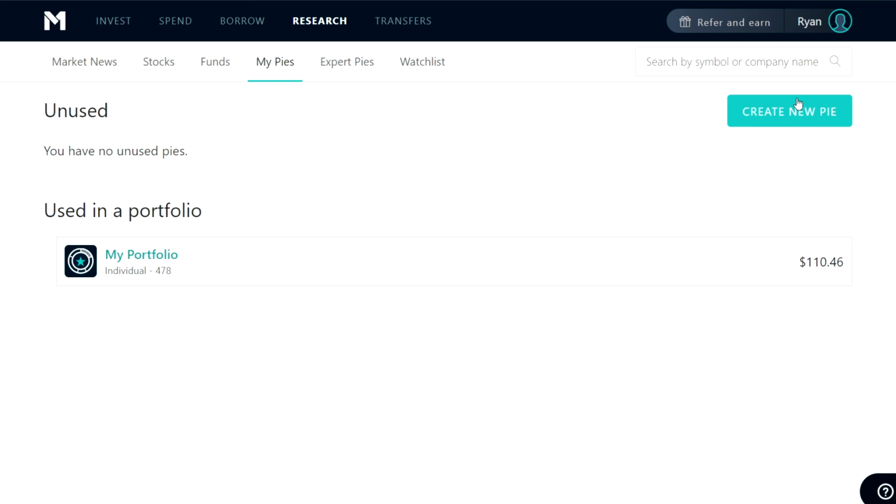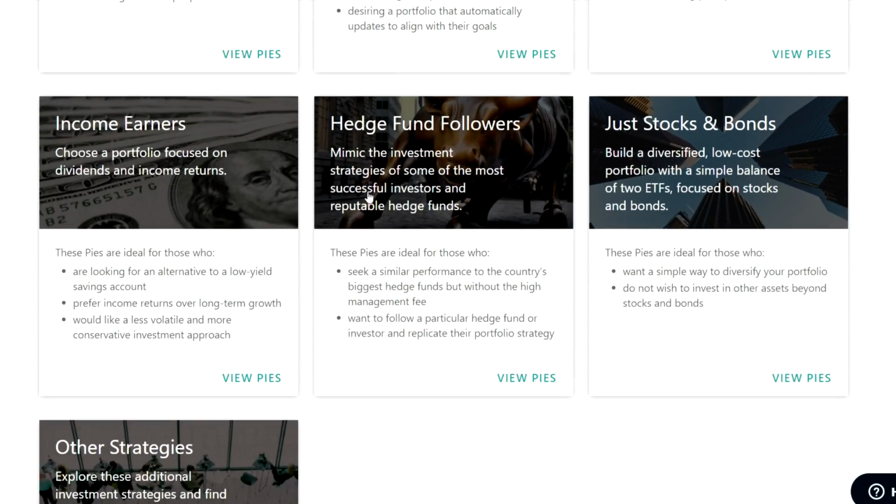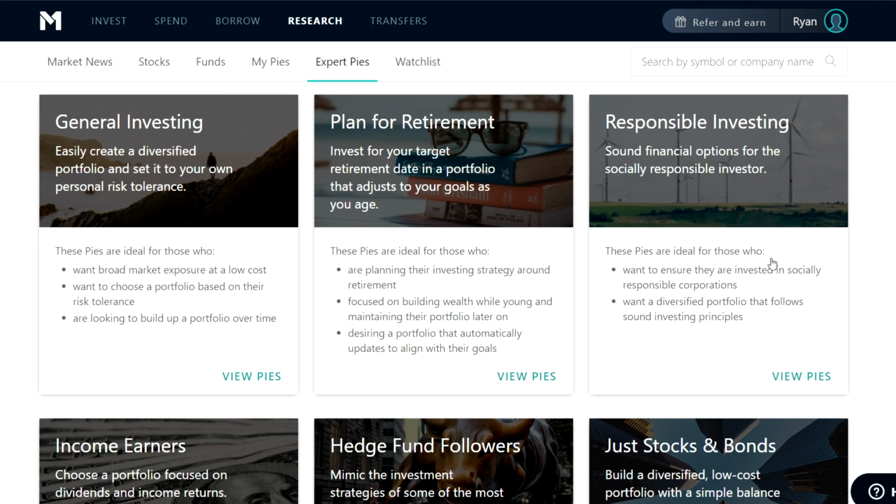You can have multiple different pies here if you wanted to have a passive pie and an active one and compare the two. And then you can also look at the expert pies, which are all pre-built portfolios that you can invest in. So we'll start with these because I think this is what most people are going to be interested in. And then if you also want to be active with your selection, you can build your own